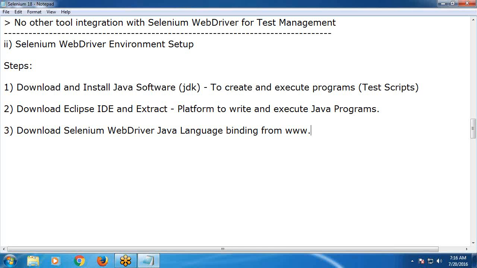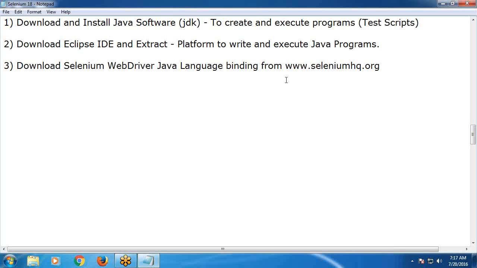SeleniumHQ.org. See, download Selenium WebDriver Java language bindings from seleniumhq.org and add, no need to install, just add